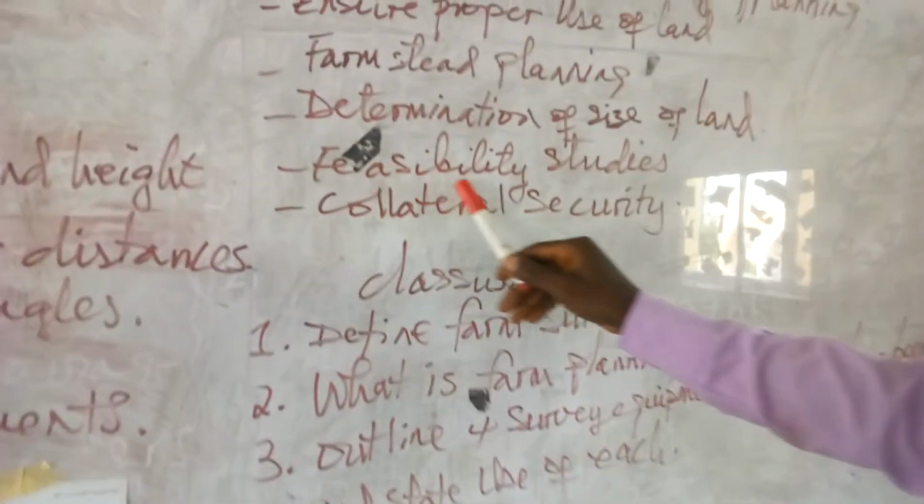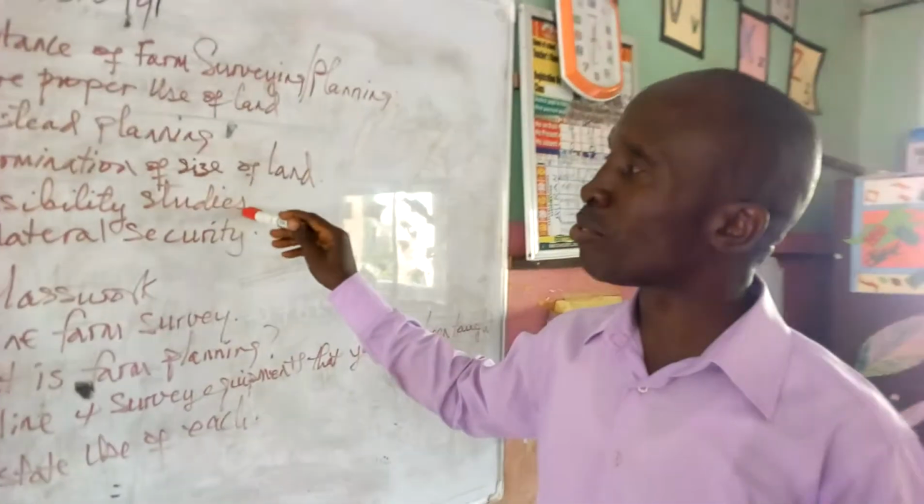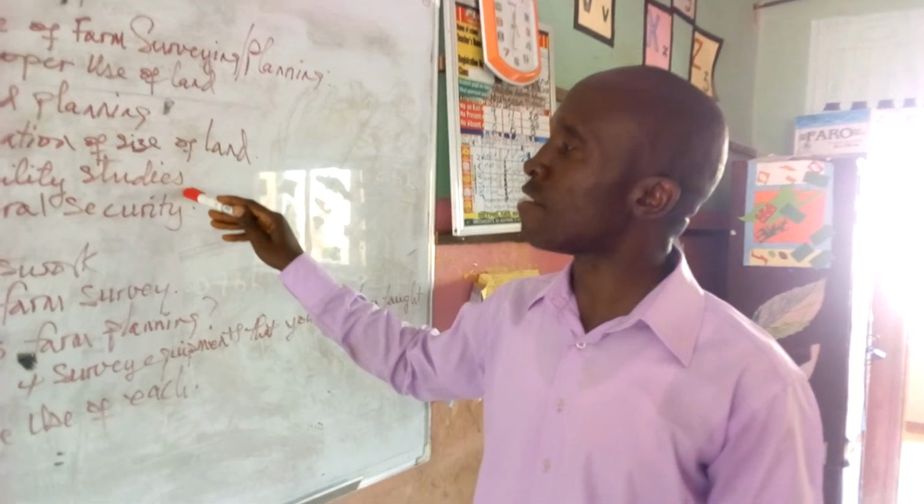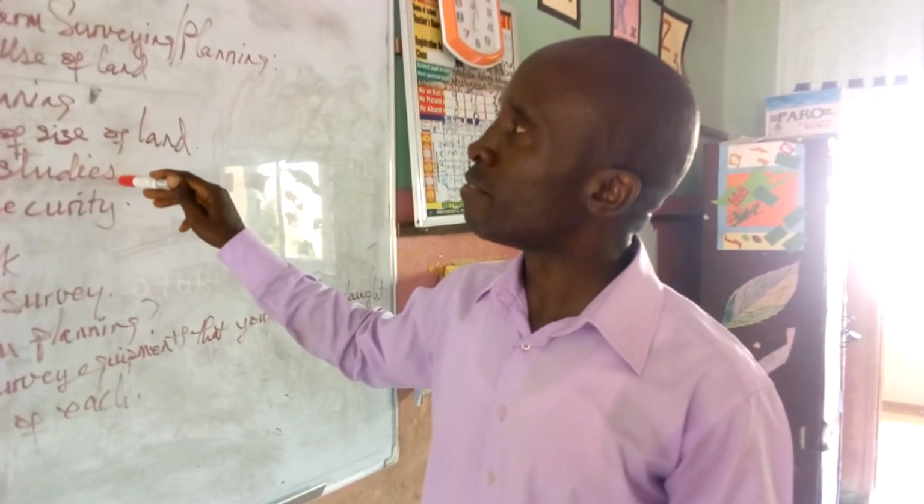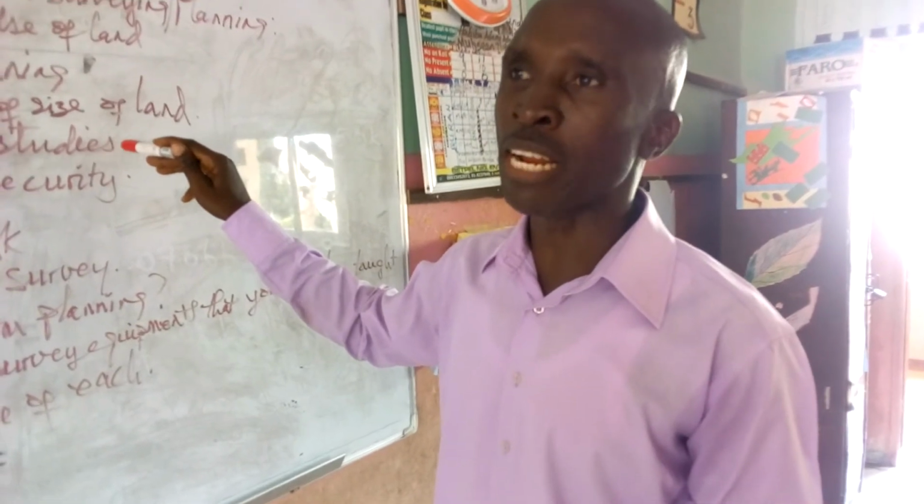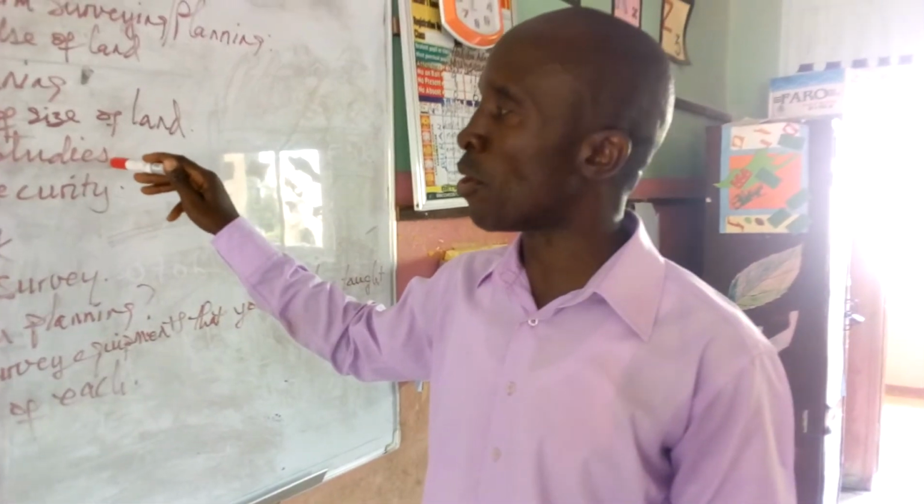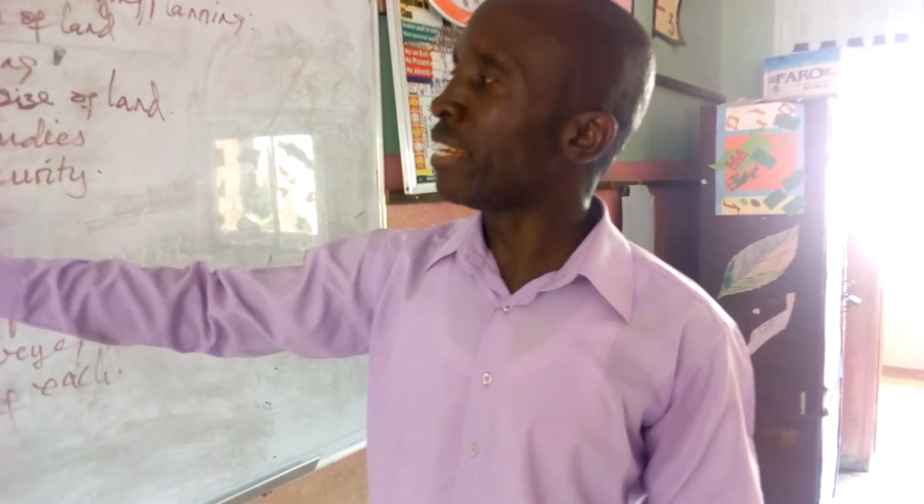Then number four is feasibility studies. If you are carrying out comprehensive farming, these maps that you produce can be used for feasibility studies to determine whether the farm is going to be profitable or not, whether the business is going to be profitable or not. And then finally,